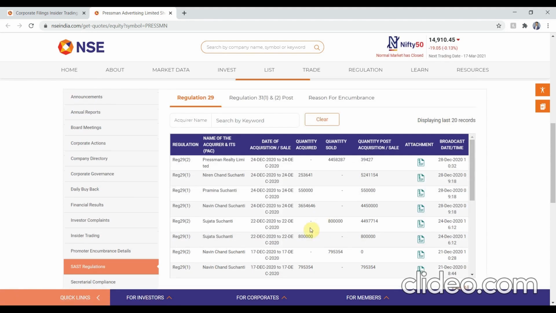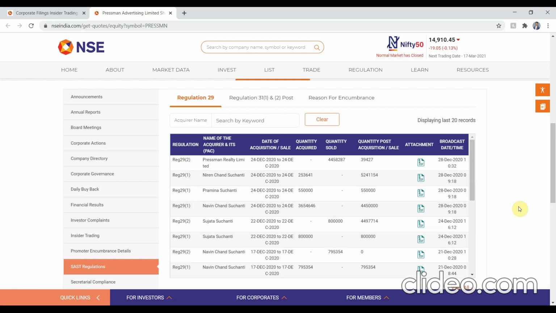Next, the second one would be SAST regulations. In the SAST regulations, we have to check whether any institutional investor, namely mutual fund or any hedge fund or any promoter, have sold this particular stock in the last 6 months. And the last 6 months would be the date from today. For example, today is 16th March.